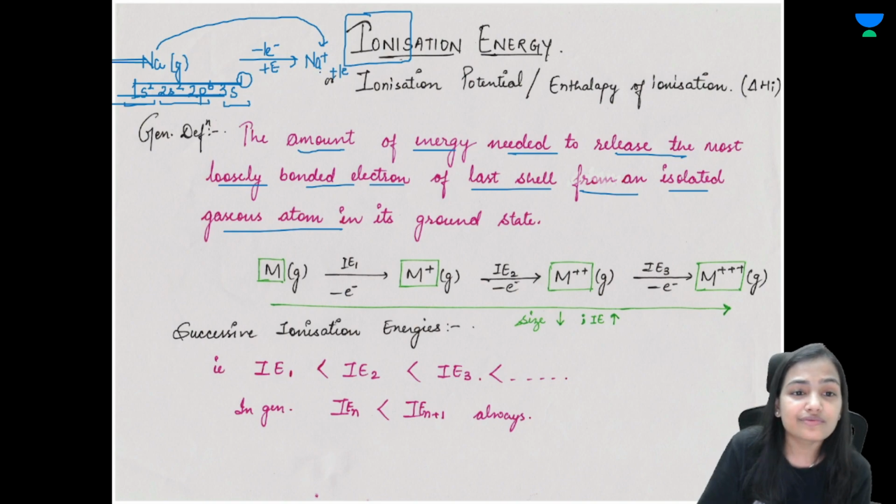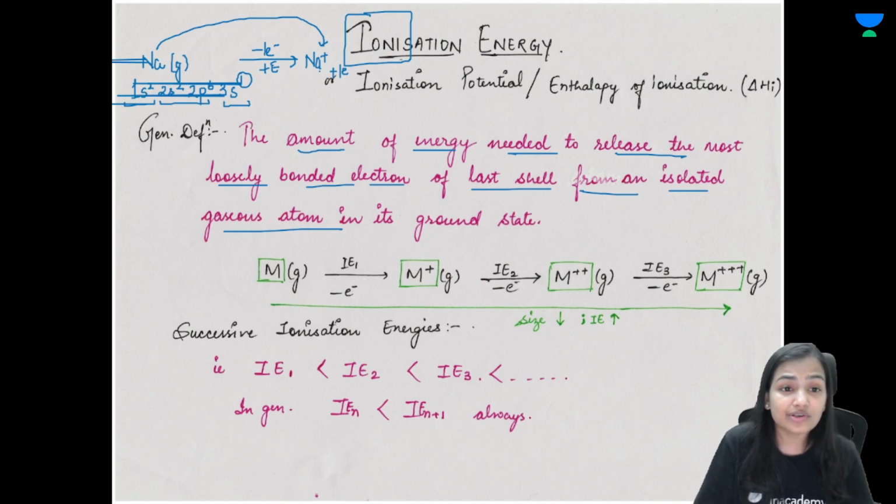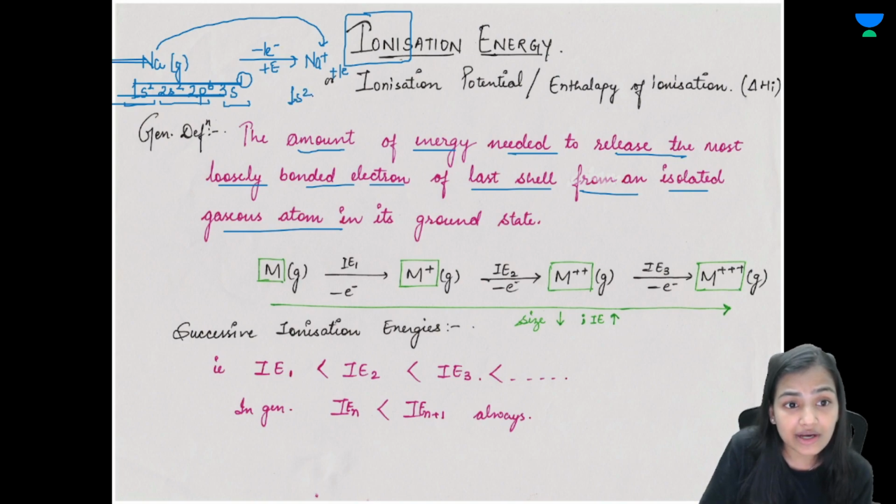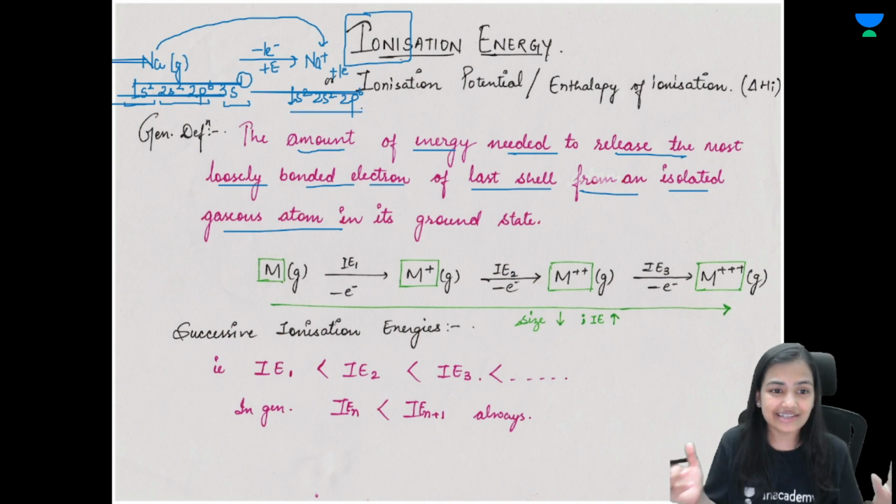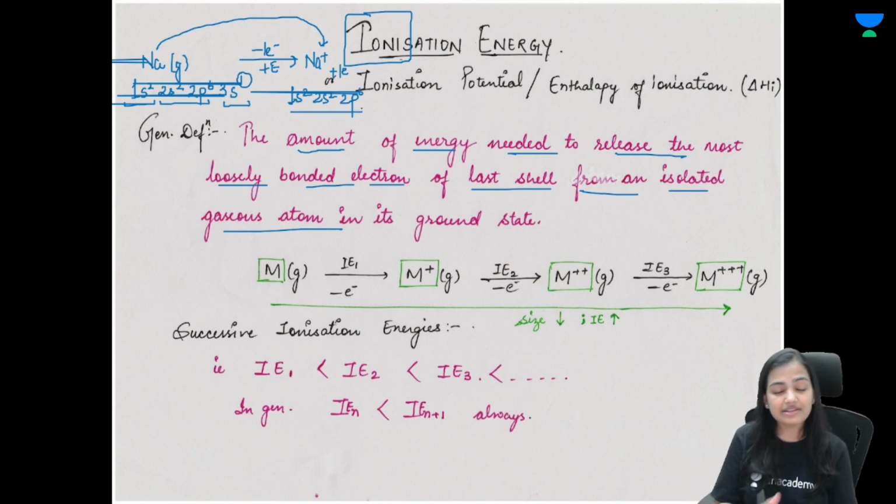Okay, so when you look for the electronic configuration of this Na positive, it comes out to be 1s2, 2s2, 2p6. This is it. Yes, we are done. So similarly,